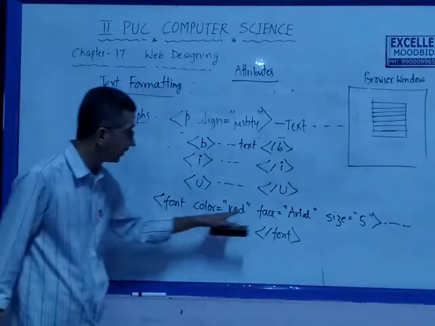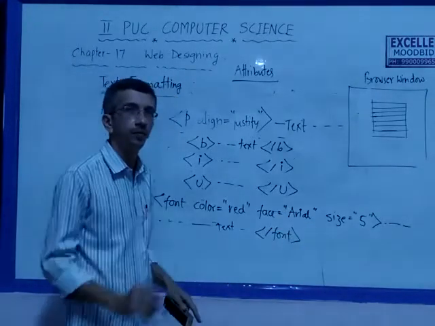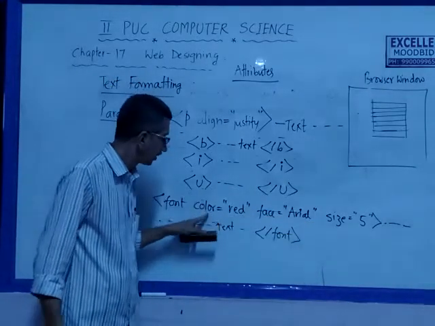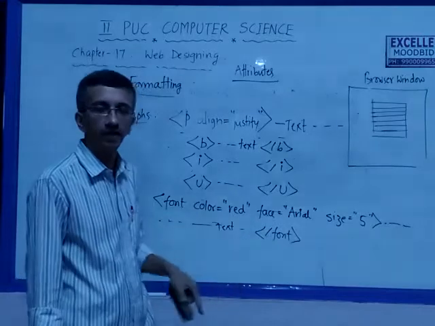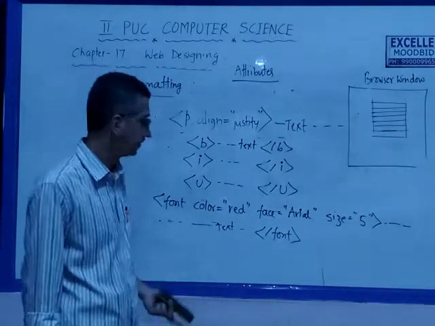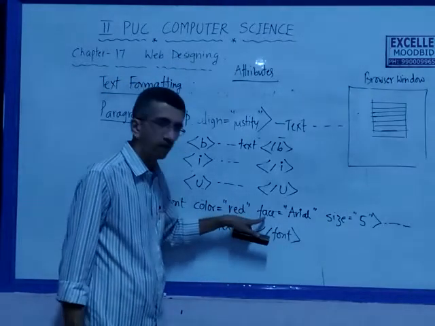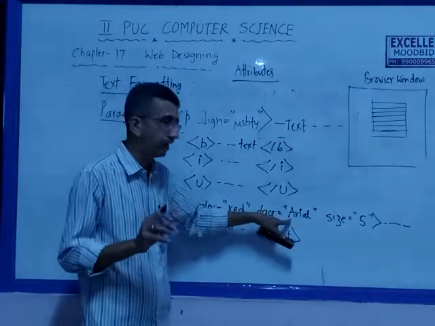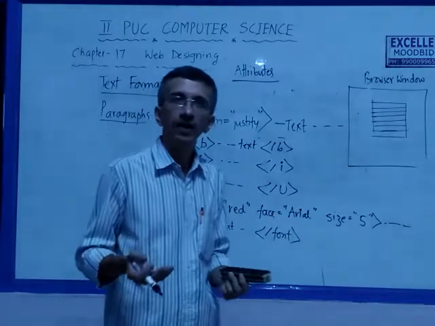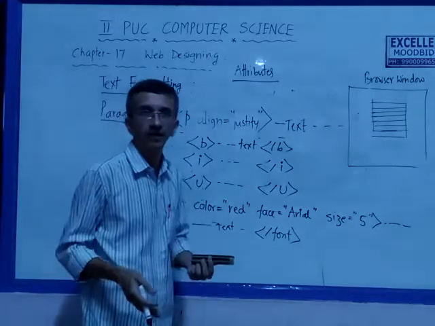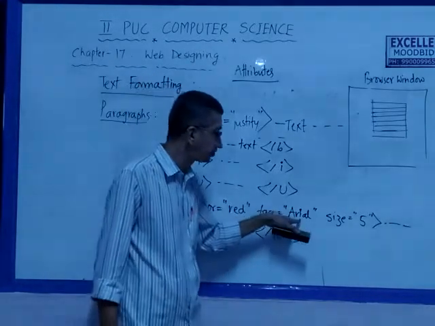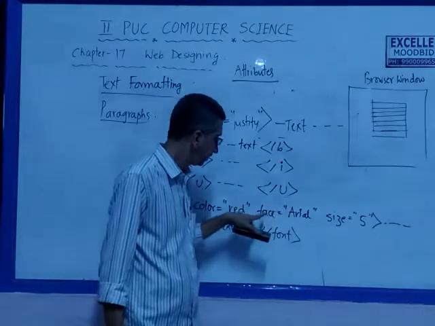Font open along with the attributes. There are three attributes for the font tag: color, face and size. The color gives a valid color. The color can be given in terms of the name of the color or a hexadecimal value. I will tell later in the examples. The property face gives the type of the font, like Arial I have written, then Times New Roman, Garamond, Impact. So many different types you can find in MS Word or any other word processing application can be given here as the face.